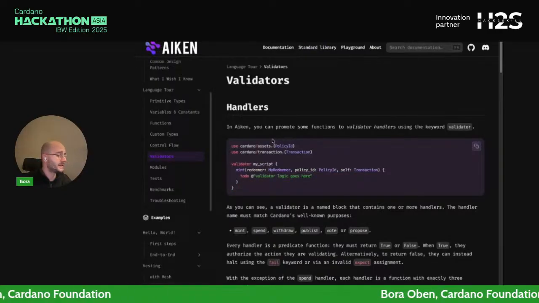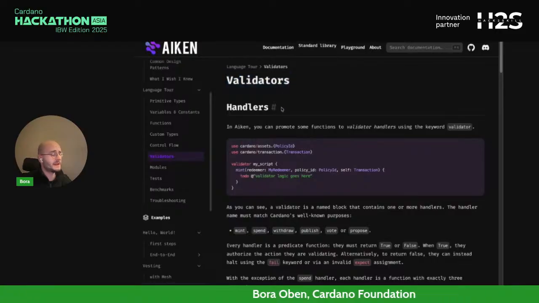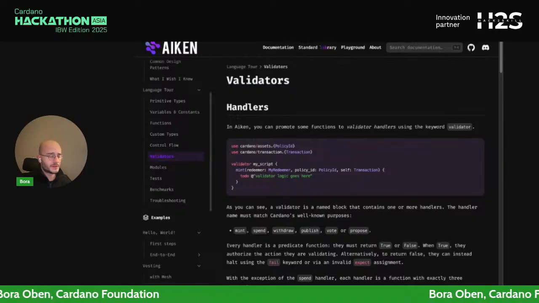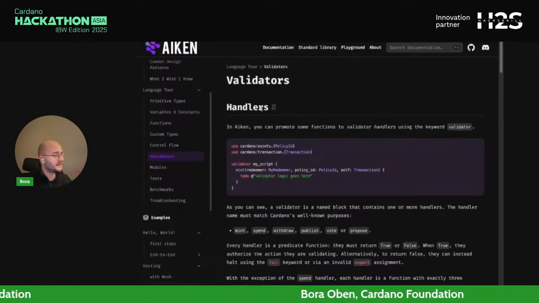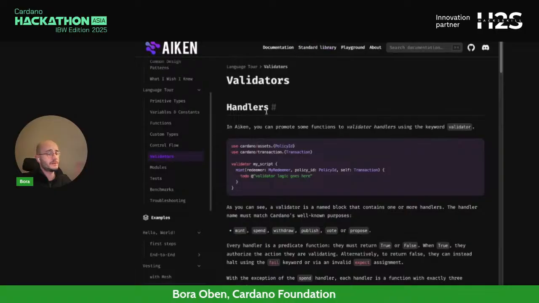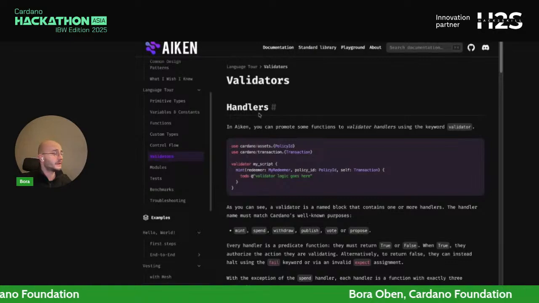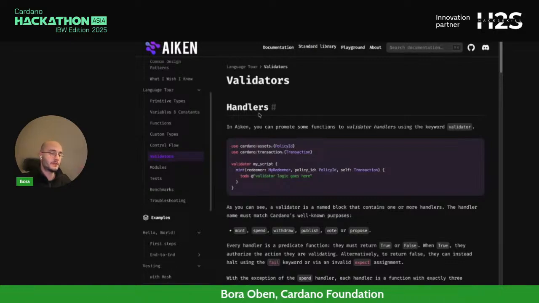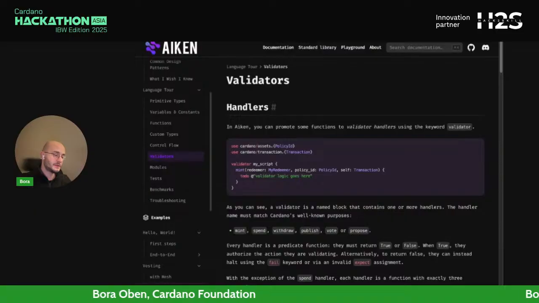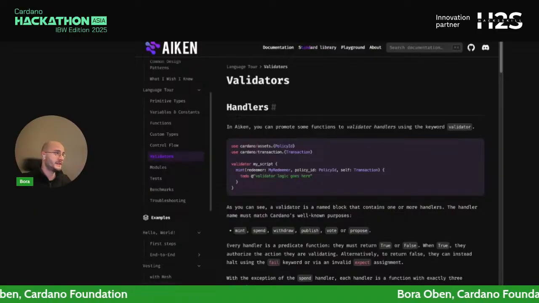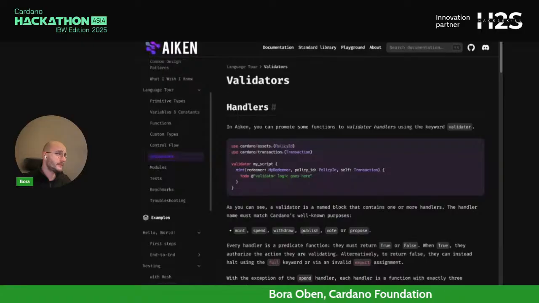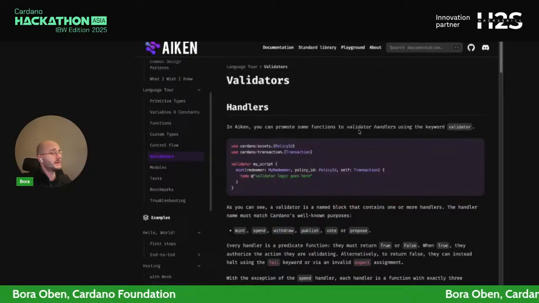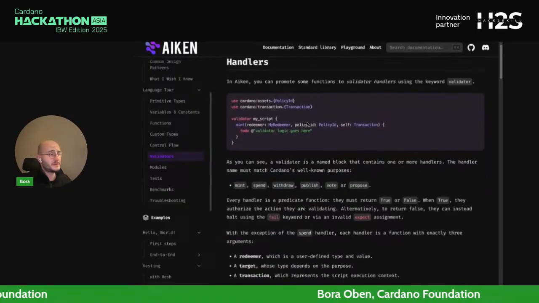For those who might not have heard that term before, we call them validators because smart contracts work slightly differently on Cardano compared to other blockchain ecosystems. And what essentially a smart contract does on Cardano is to validate the rules of the transaction and check whether that would be allowed or not. So a smart contract's sole responsibility is to check inputs, outputs, or additional data that was provided in a transaction or the validation logic, and then give the green light. So it will be a Boolean answer you get back from it.